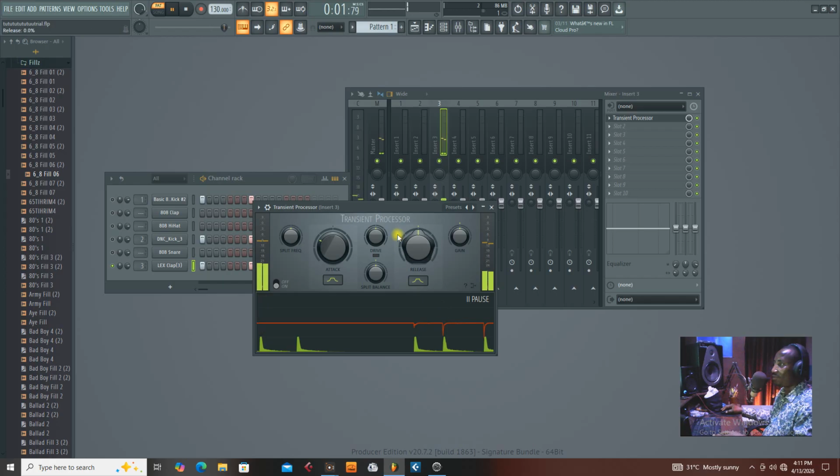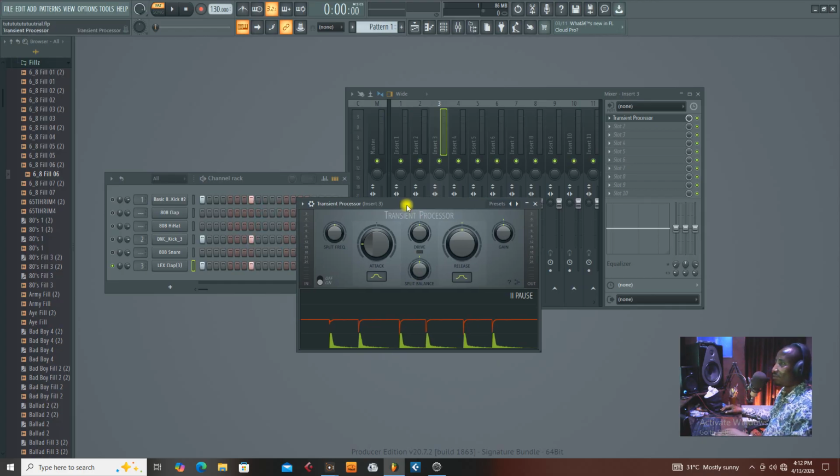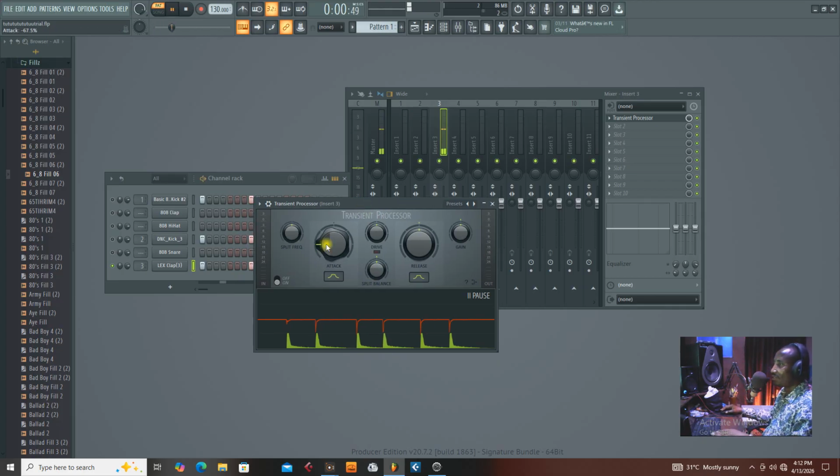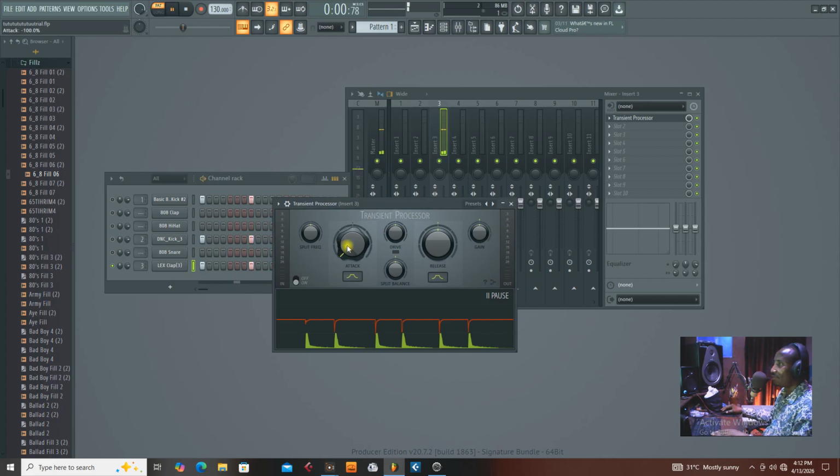So if you look very well, so if you watch this visualizer right here, you can see that this particular attack is beginning to take care of the transient, that heavy spike, that bah, that you are hearing. So sometimes when you have excessive of that spike or that transient, it may have a way of also not making your sound firm, right? So first is to take care of that transient. So a lot of the transient is let through, then this,